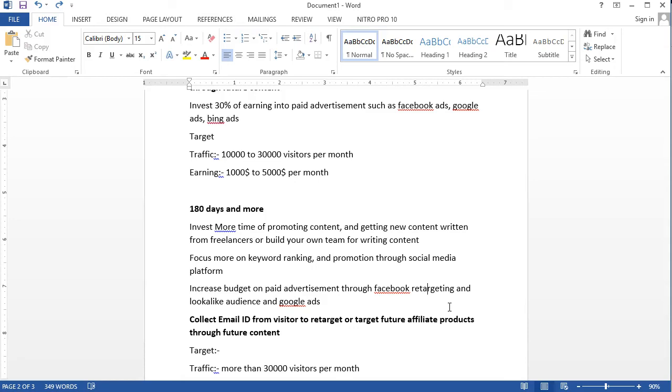So it will increase your traffic and it will increase your conversion ratio on that traffic. If you have a general conversion of 1 to 2%, then it will increase your conversion by 5 to 10%. So you can earn extra money on traffic that has only just come to your website and left. But through Facebook retargeting, you can retarget them again with your products and earn a good amount